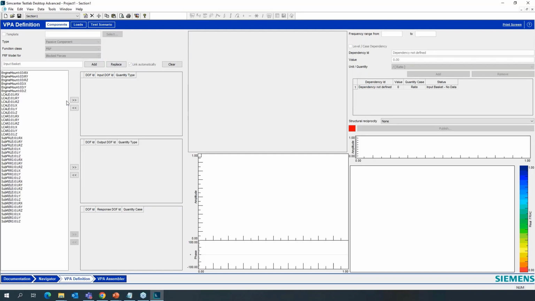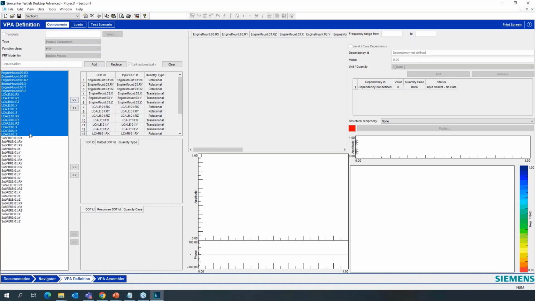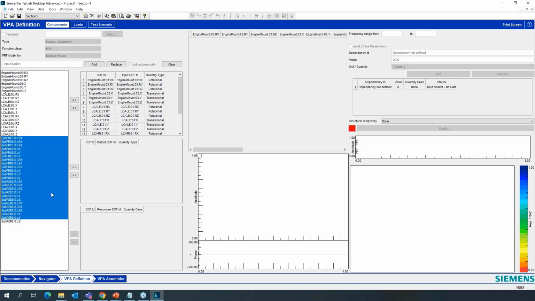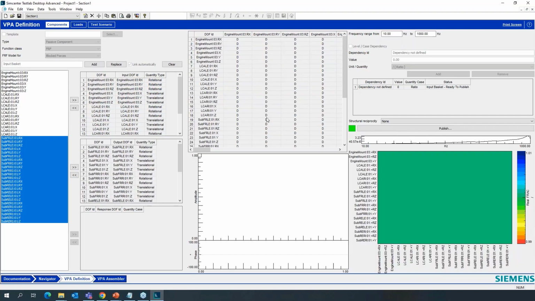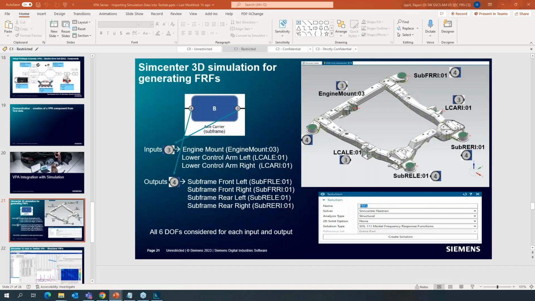So basically, I'm following steps similar to what I did previously with the test data. These are the input points, these subframes, these are the response points. And in this case, we have translational as well as rotational degrees of freedom. And all this data can be viewed quickly in this software.